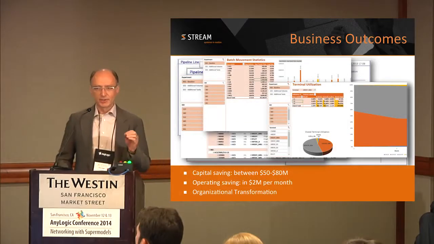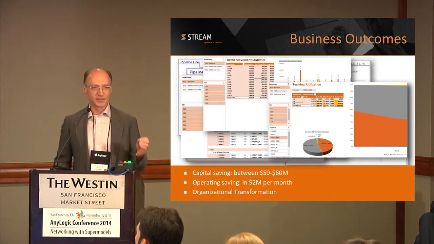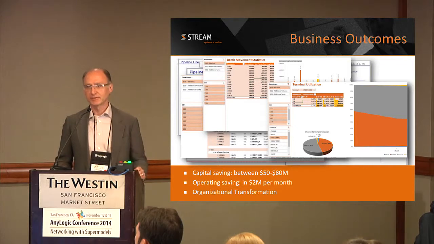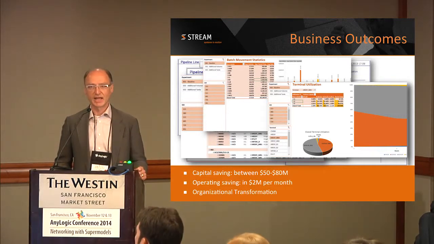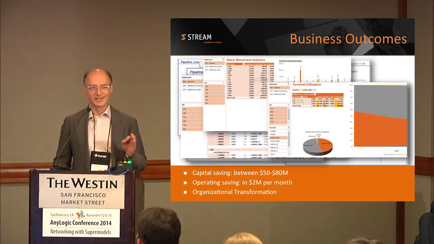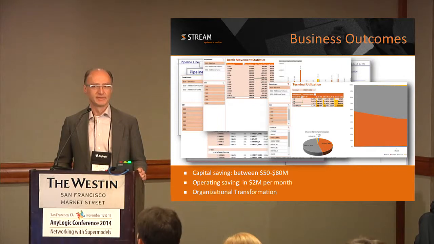We're not able to share the specifics of the business case, but I can tell you the savings were in the range of $50 to $80 million. For a $3 million investment, they saved north of $80 million. That's just on the capital spend side. In addition, they created additional throughput of over $2 million a month in revenue from this point forward. You're looking at a $100 million benefit for a $3 million investment.